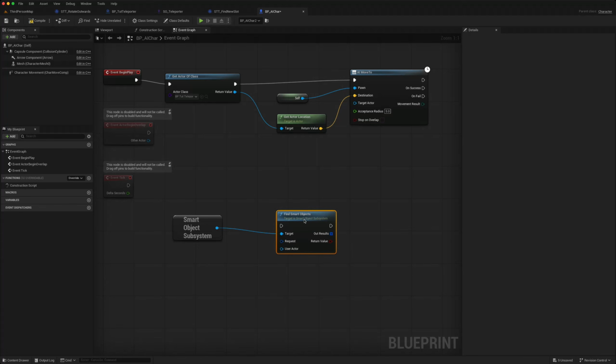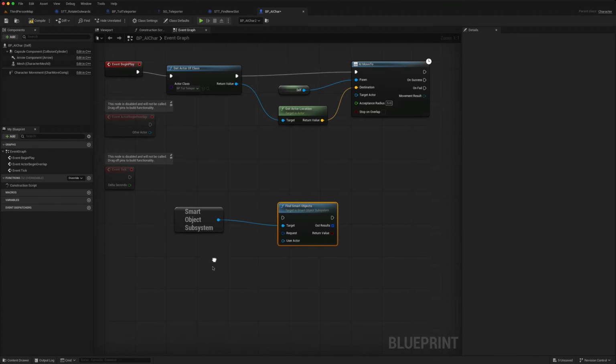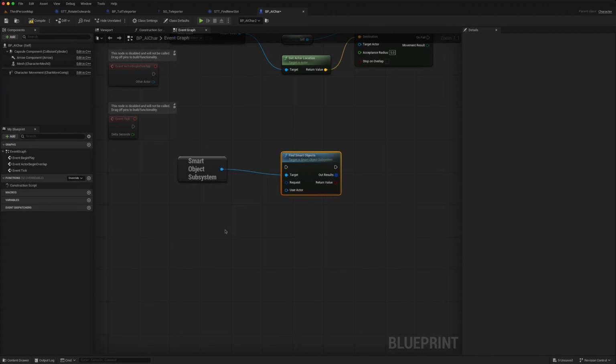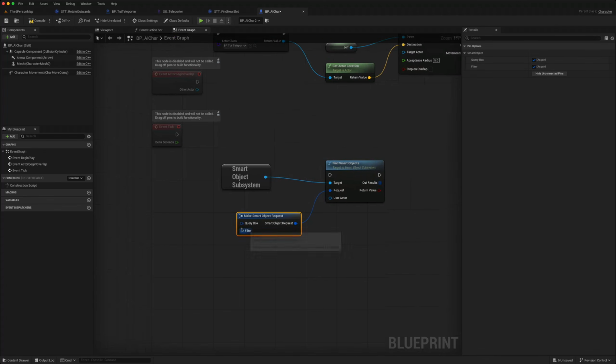So this one is often useful. So this will look for smart objects in the vicinity of the AI character, and you just create a smart object request. It needs a box, so you have to make a box, and that's the area in which it will search. So make a box,